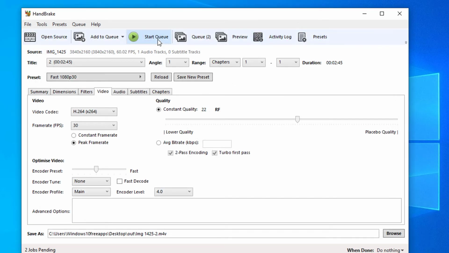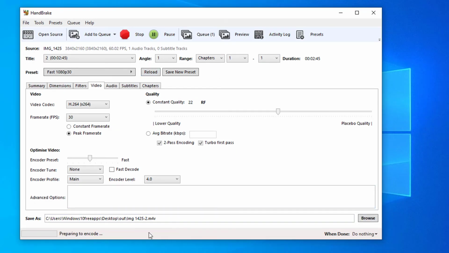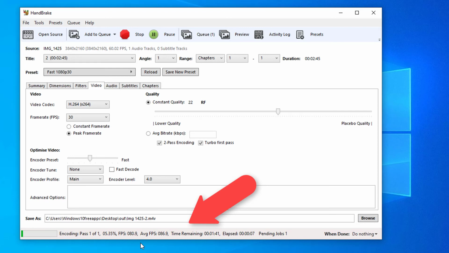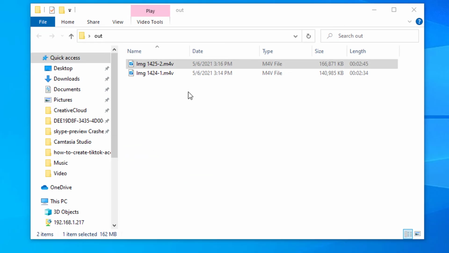So let's render it now. We will see in the bottom part of the application the details you want to know, like the percentage of file completion, the FPS average, FPS time remaining, and elapsed time. After it is done, we can see that the file size decreased dramatically,